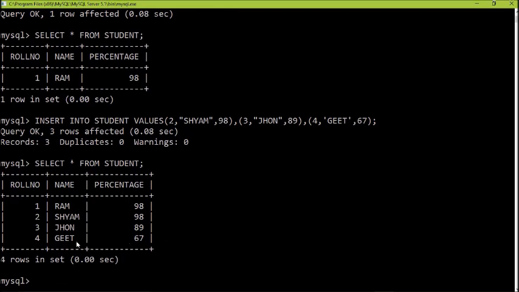Is it compulsory to add 3 values together for a row? Why 3? Because we have created 3 columns, that is why I am saying 3 together. If we don't want to add 3, then there is a method with the help of which we can avoid writing the value of any of the columns. There are 2 methods, and I'll be discussing them one by one.